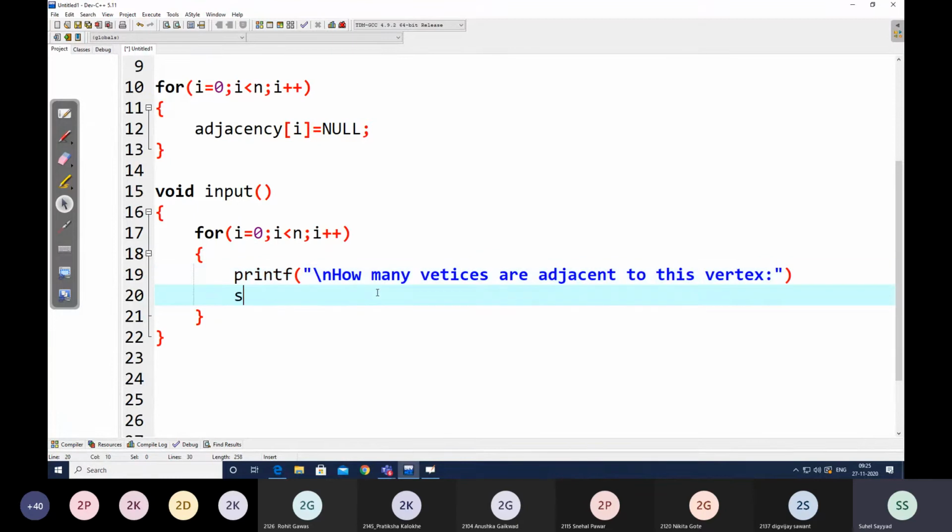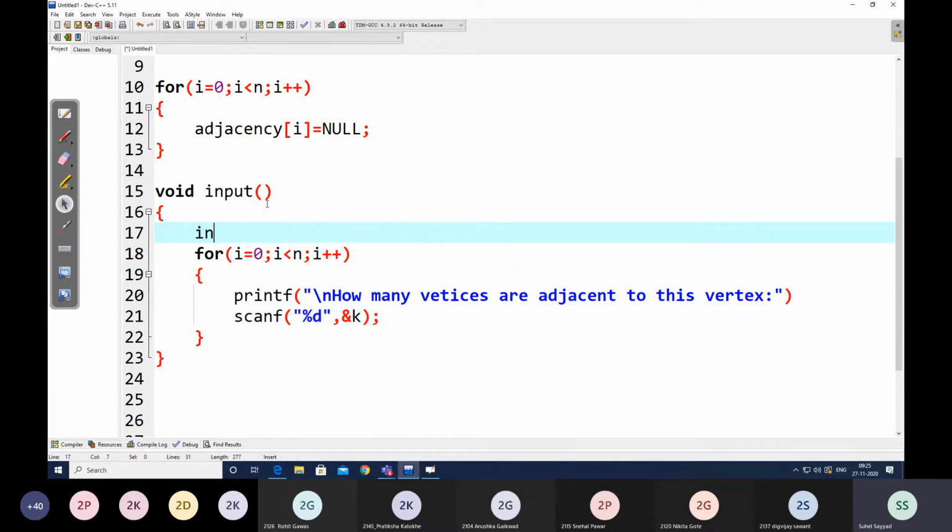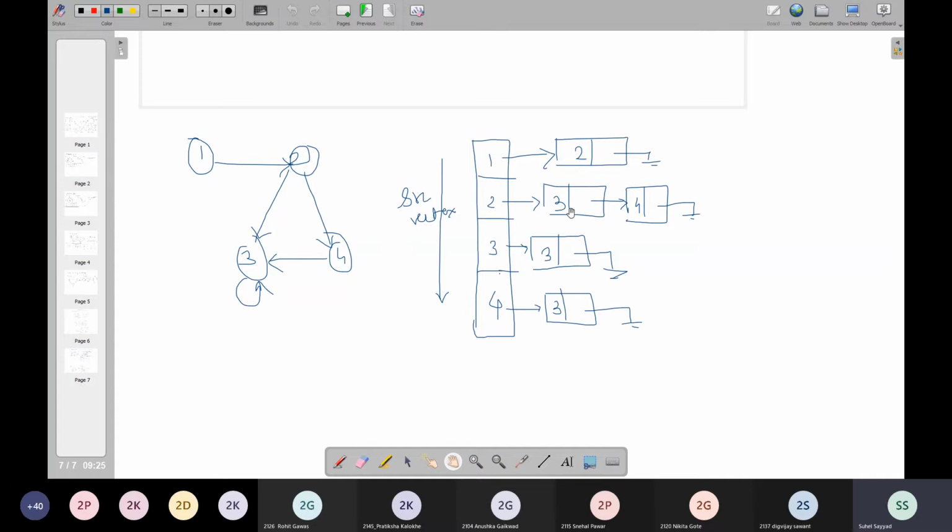So the user will be entering this in the form of a count, right? We'll take this input as some k count. Suppose it is int k. So now k times we need to create a node. If I enter entries like this, suppose 3, 4, 2, here I can enter the data in any sequence. I told you, we are not bothered in what sequence we are entering the data over here.